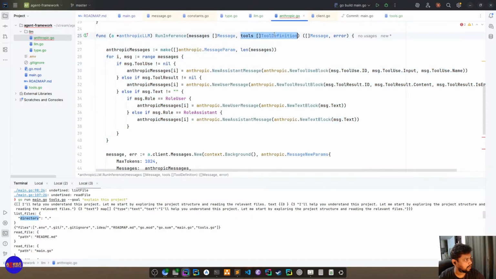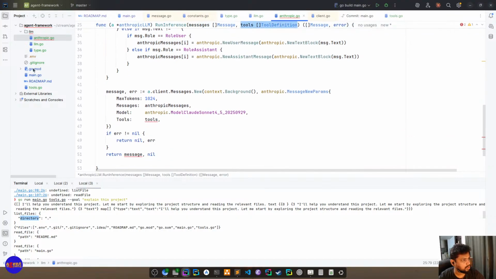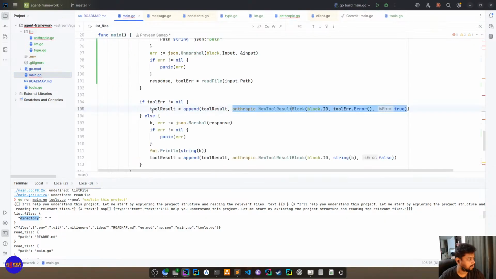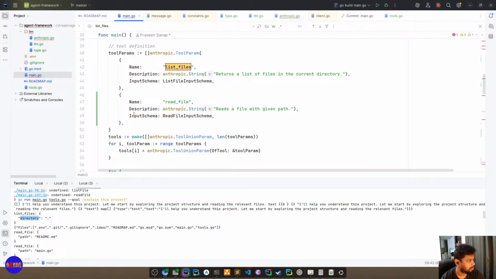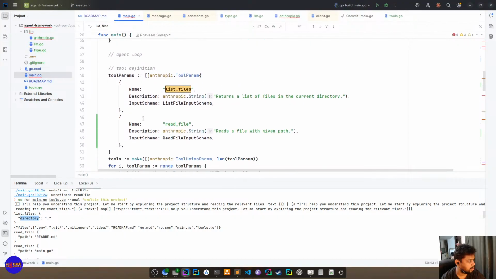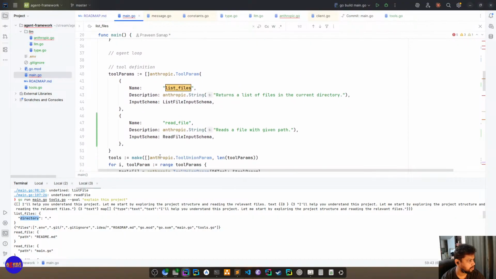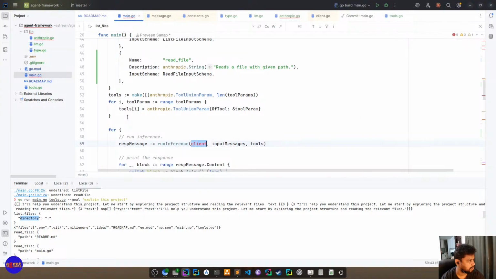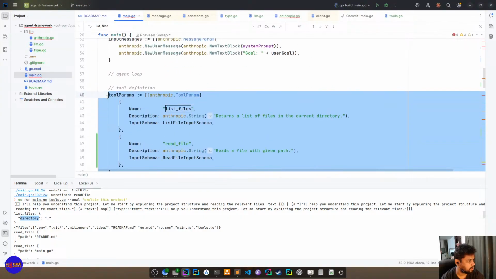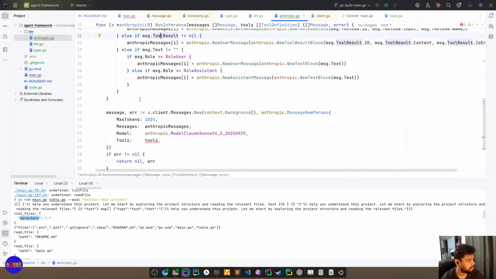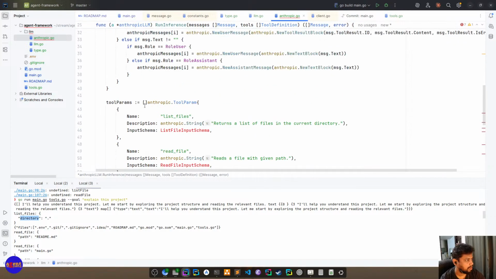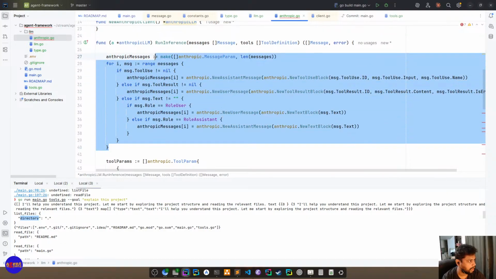Now I have to translate this tool definition into, let's fetch this part of code. Okay, this is super broken now. Get this right. Let's do one thing. Let's abstract this out.